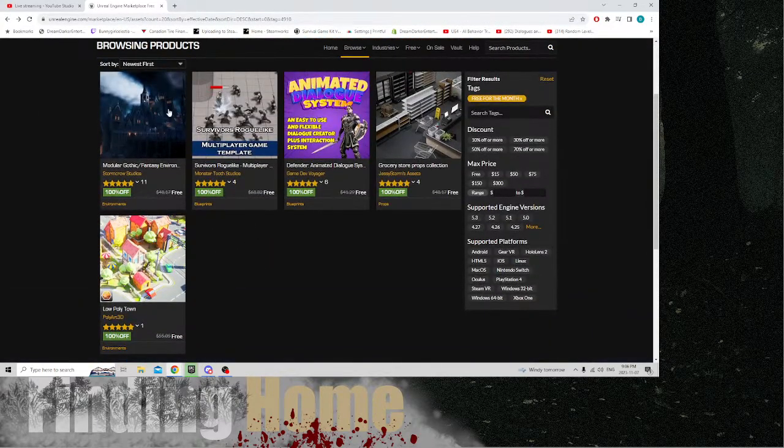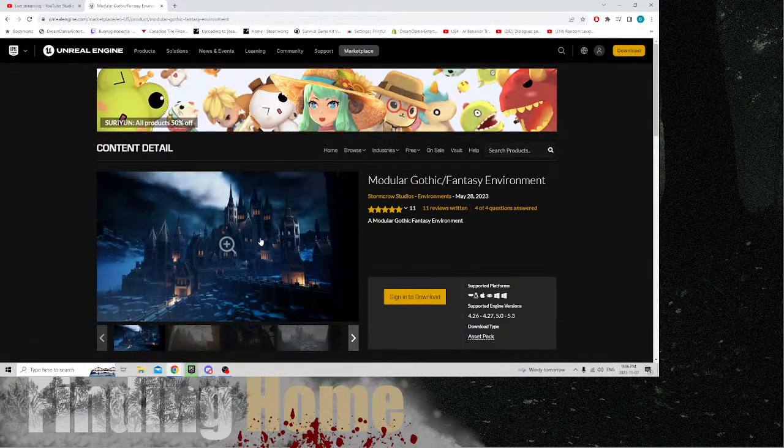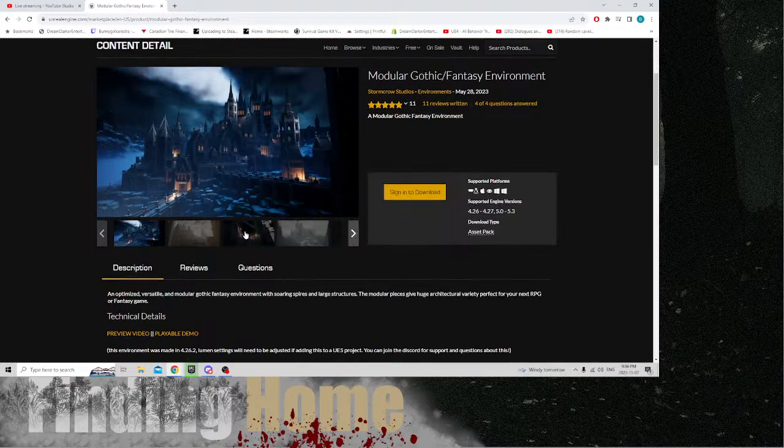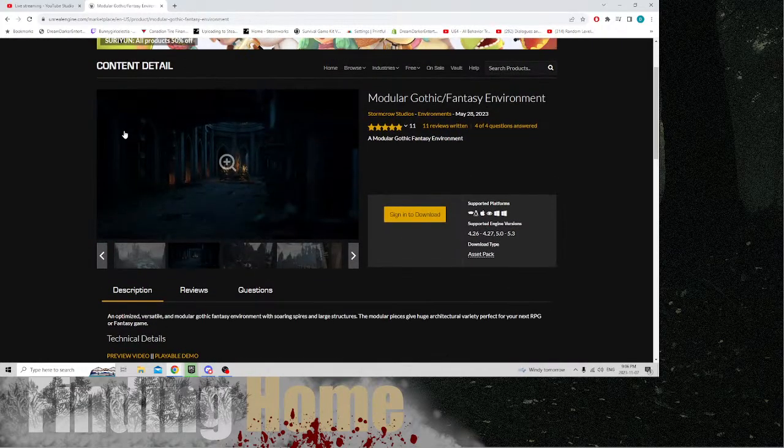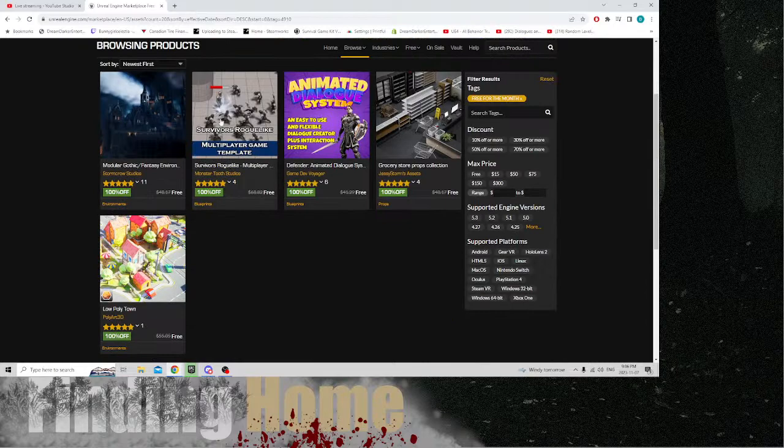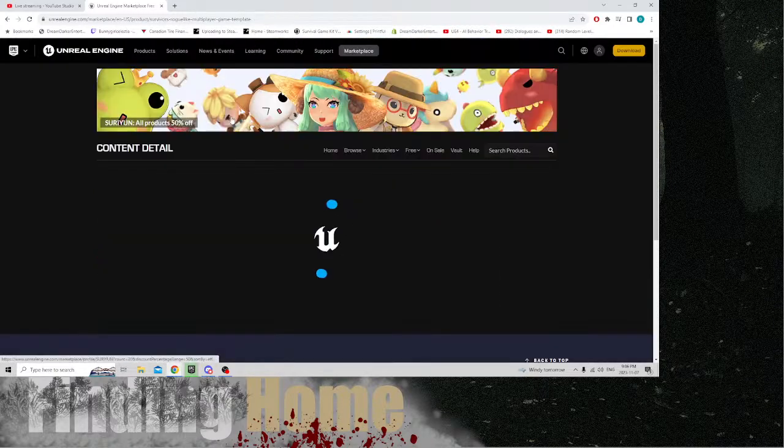Alright, yeah. So for me, because I'm doing a more realistic, present tense zombie kind of game, this won't really work for me. But again, if you're doing a fantasy game, this could be really useful. If you're doing some sort of dungeon game, this could be useful. The second kit here is